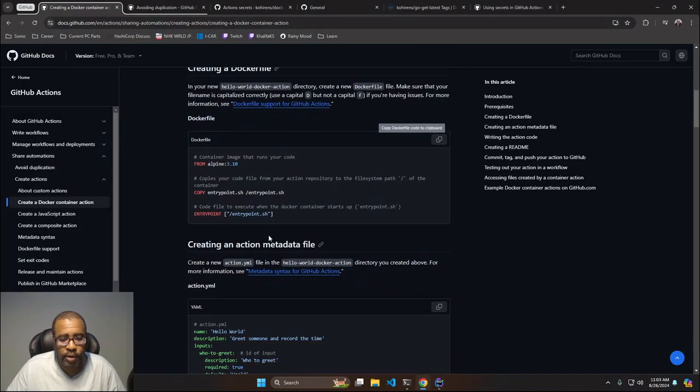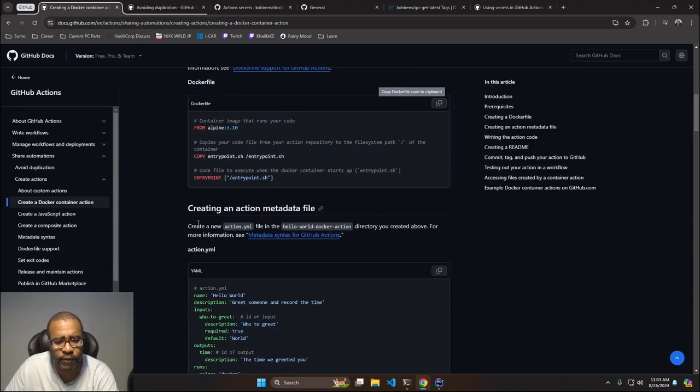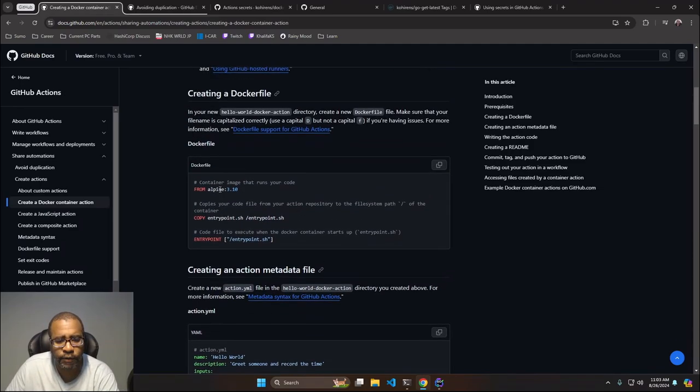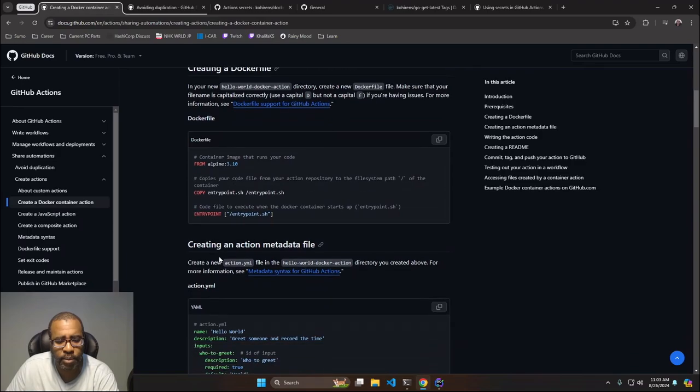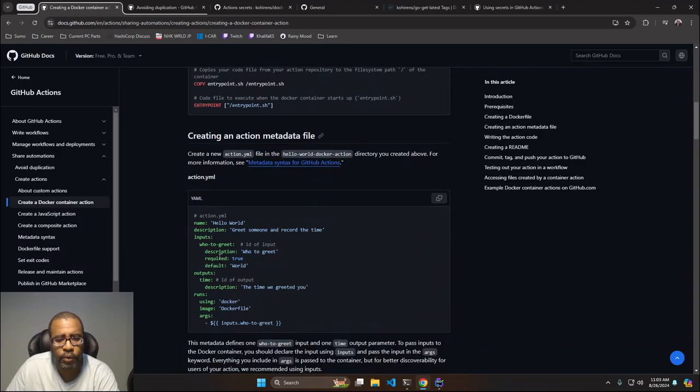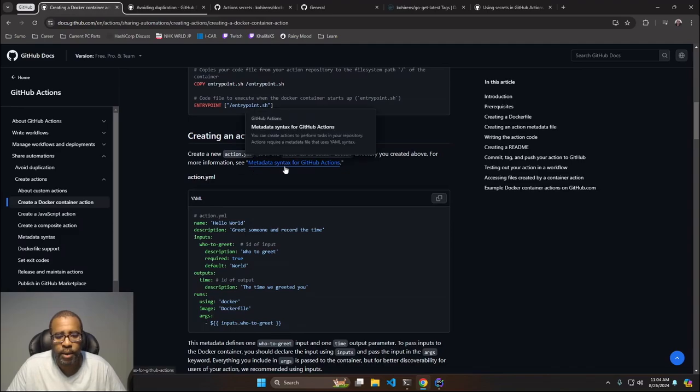And the next steps here are we're moving on to the next chapter, creating an action metadata file. So we've got our Dockerfile, that's the first step. The next part is to create an action metadata file. Create a new action.yaml file in the hello world Docker action directory you created above. For more information, see metadata syntax for GitHub Actions. All right, so I'm going to go ahead and create this file. Copy that code